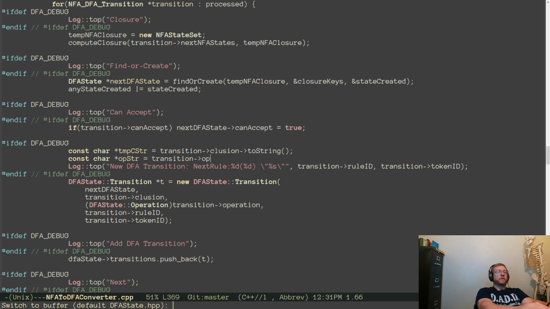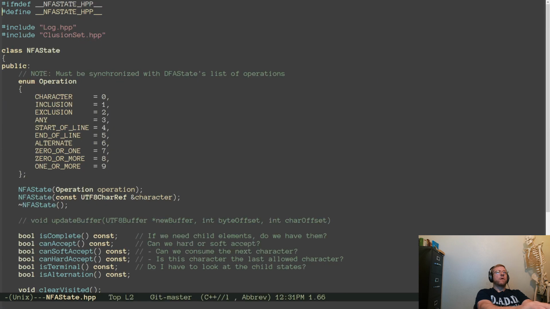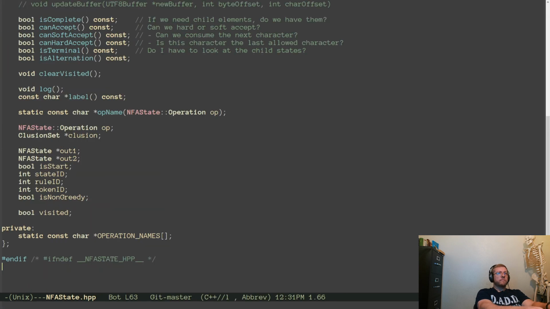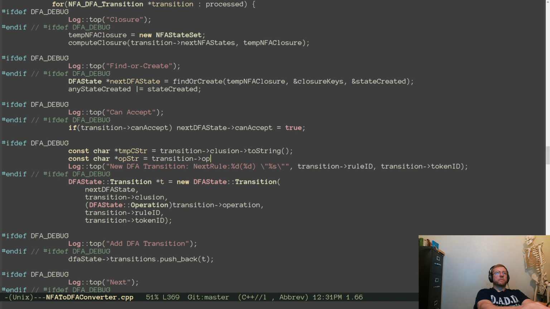Let's see here. The operations are part of NFA state. NFA state op name.